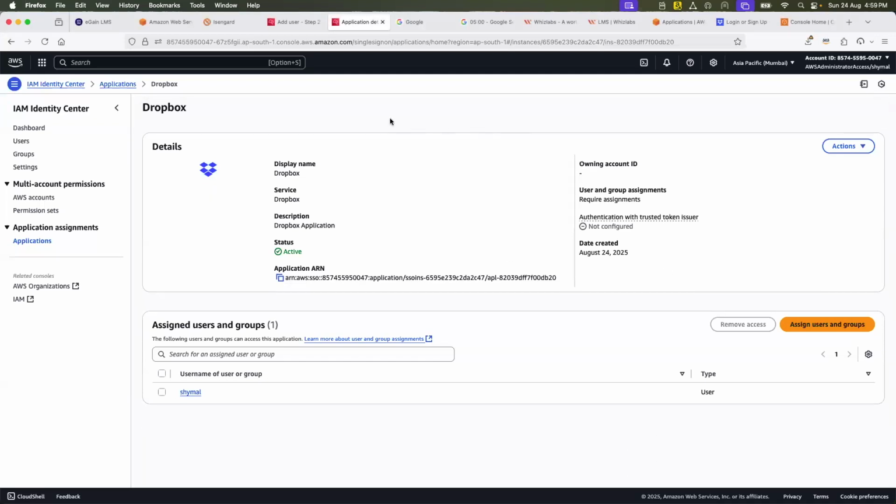But these options work if you have multiple users. Even if you have 4 or 5 users, I would strongly encourage that you enable this. It's a free service, by the way. It's completely free. There's no additional paisa you need to pay. And that is the recommendation from AWS as well.